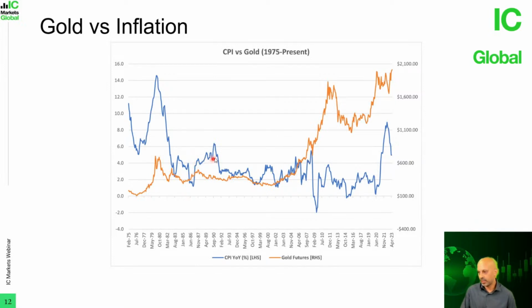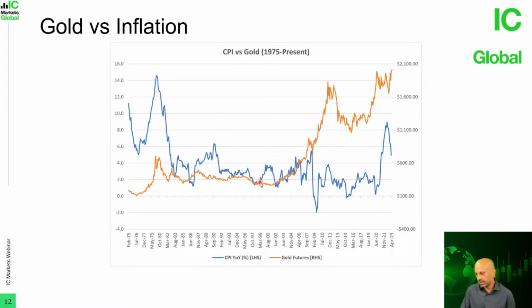But as inflation continued to increase from 1988 all the way to 1990, gold actually started to pull back and head lower, right? So we can see already in three instances where gold does not necessarily always function as a good hedge against inflation. It can, but that's not always the case. So we'll look a little bit later into why that happens. Similarly here,